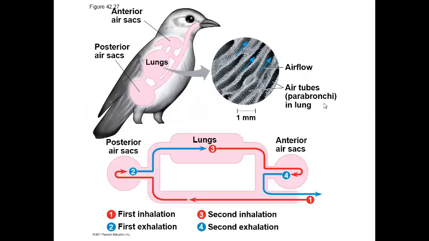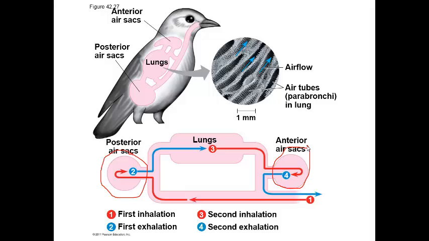The bird's respiratory system is different from a mammal's. In a mammal, the air is going to enter the lungs and then it's going to exit the lungs with every inhalation and exhalation. If you look at the bird's respiratory system, on either side of the lungs is going to be a group of air sacs. And these air sacs are going to work as bellows, they're going to work as pumps that constantly circulate fresh